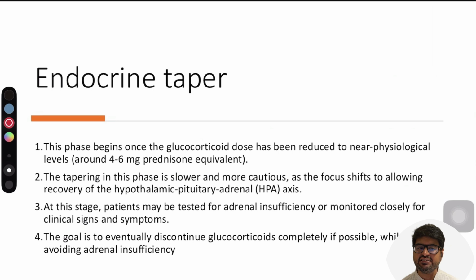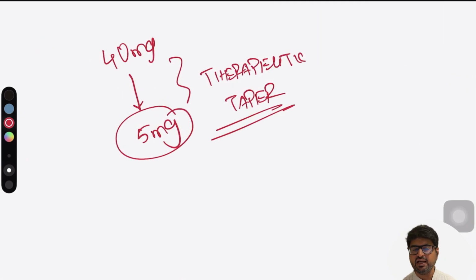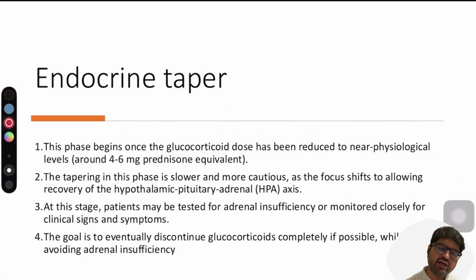Now, the next part is where the endocrinologist comes into the picture. When you have done the therapeutic taper, I would suggest that any doctor who deals with any form of steroids needs to learn how to do therapeutic taper. Therapeutic taper is not the endocrinologist's domain. You can't send the patient for therapeutic taper. It can be done by any doctor, by the treating doctor, whatever reason you have given steroids for. But the endocrine taper has to be done by endocrinologists. This is what I strongly believe. Of course, the guideline says it can be done by some non-endocrinologists also, but I strongly believe that